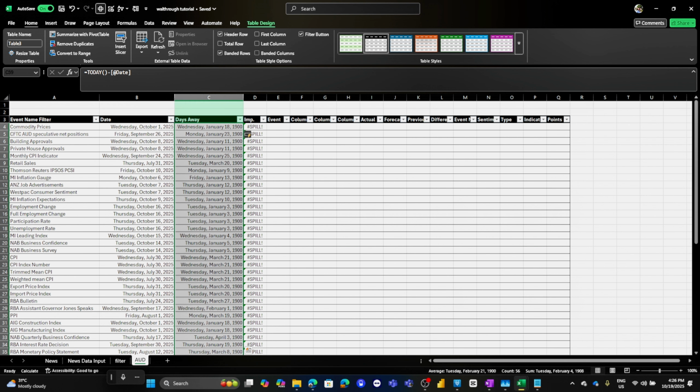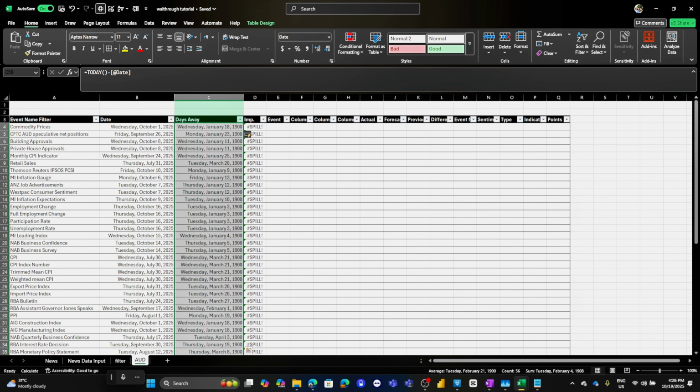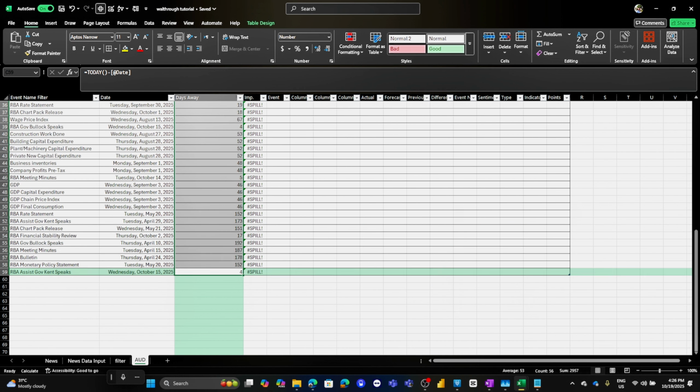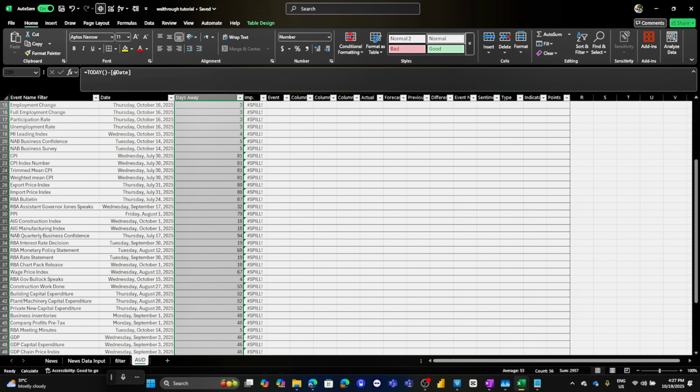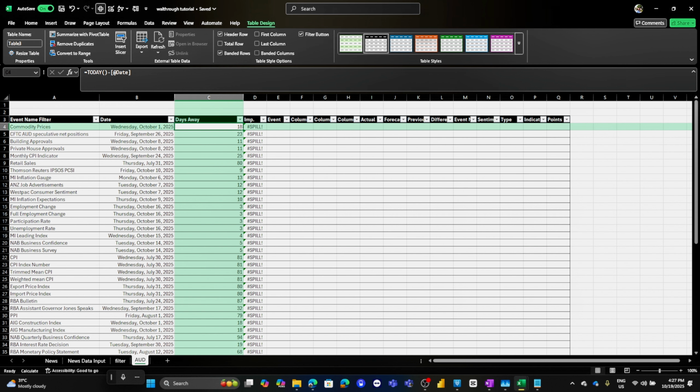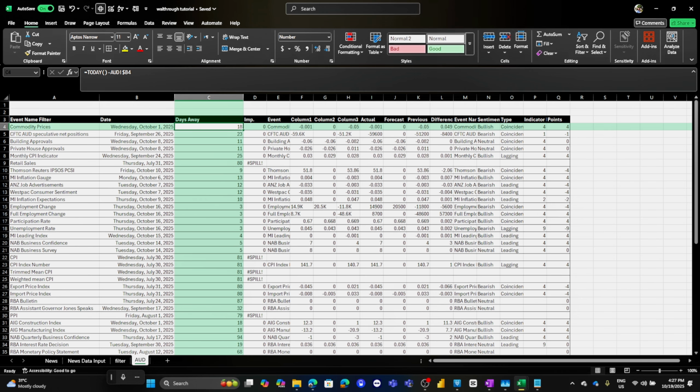What we actually want to see here is how many days away, which is just numbers. So I'm going to convert this to numbers and take away the extra decimal places. The next thing I want to do is remove this from entirely being a table by coming to table design and convert to range. By the time you convert to range, it's going to ask if you want to convert. Click on yes, and Excel is going to do a lot of recalculation here, and automatically, voila,